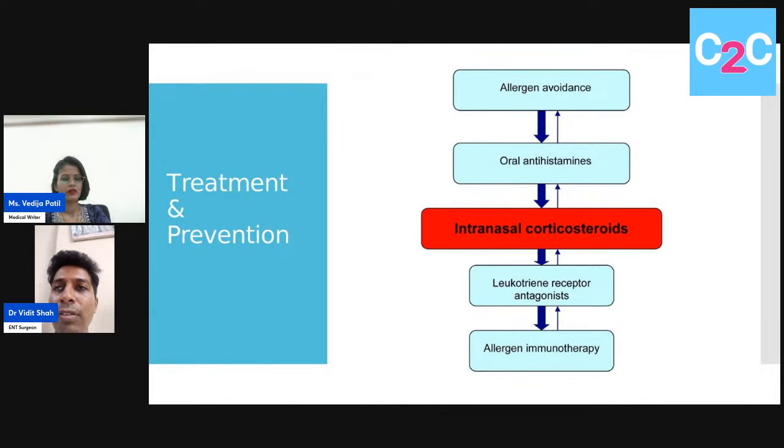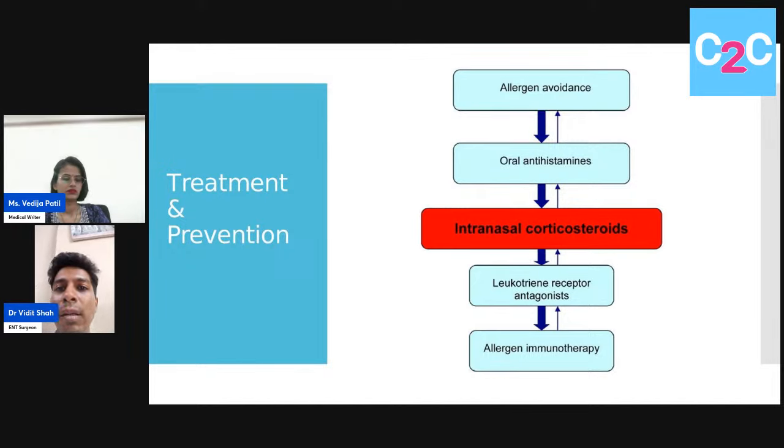The history is very important in such patients because from the history we can get a provisional diagnosis in mind before we clinically see the patient. So it's very important to understand the patient's symptoms from a history point of view and then go ahead with the clinical diagnosis. So allergen avoidance is very, very important, and I feel that's the first step which we all